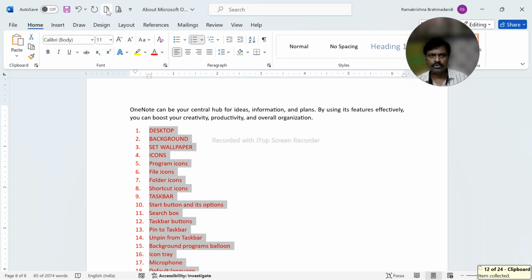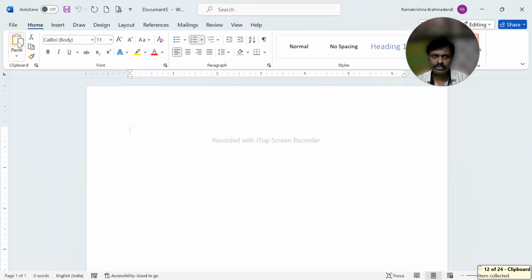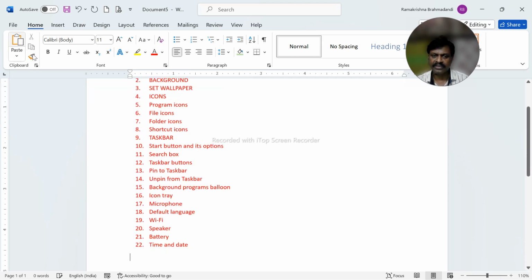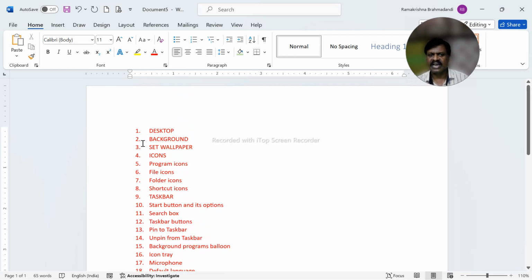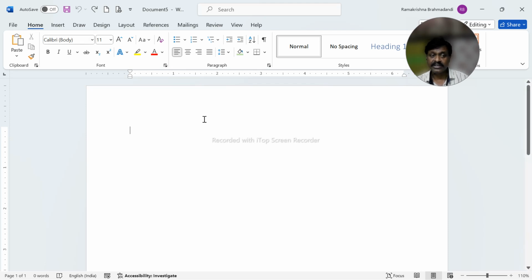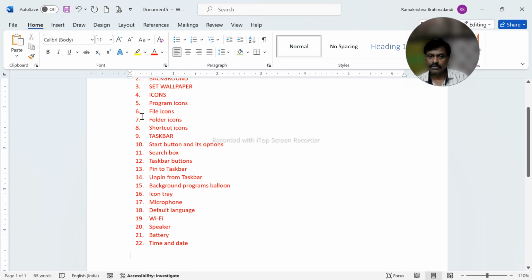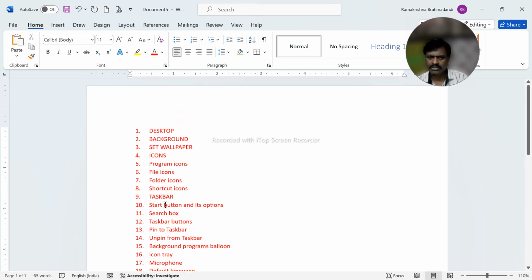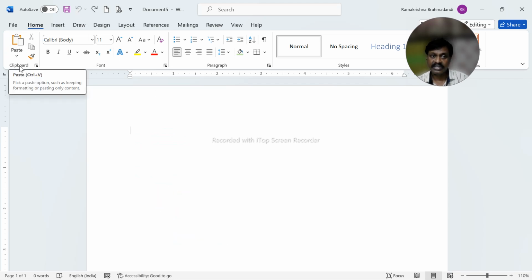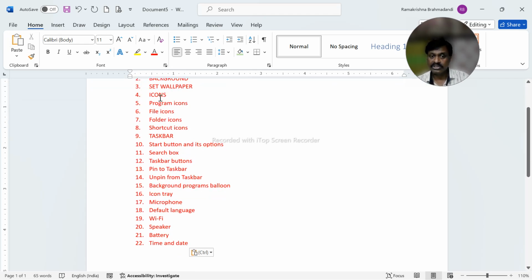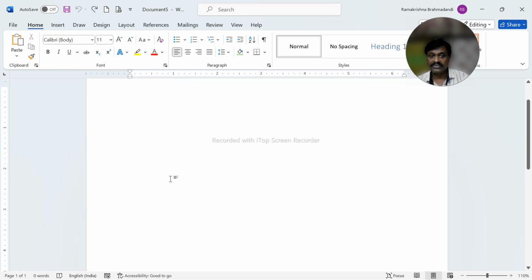Now I am going to a new file. If I use paste, means what? If I use Control V, it will be pasted as it was copied. Okay, undo. If I don't want the formatting, I only want the text without any formatting, then instead of using Control V, undo, this is Control V, as it is pasted. If I use Control Alt V,